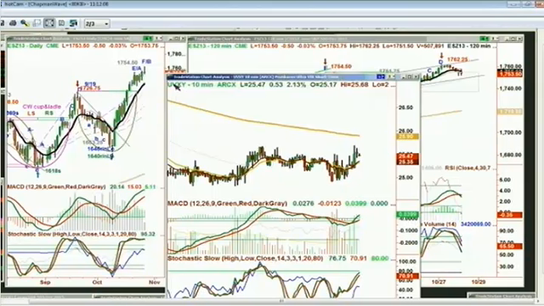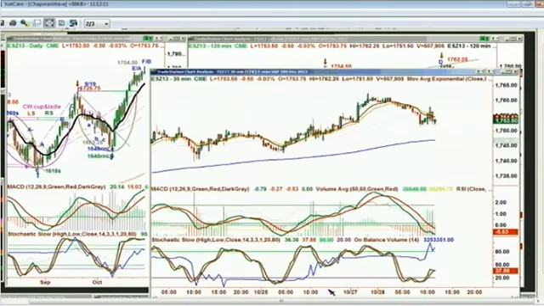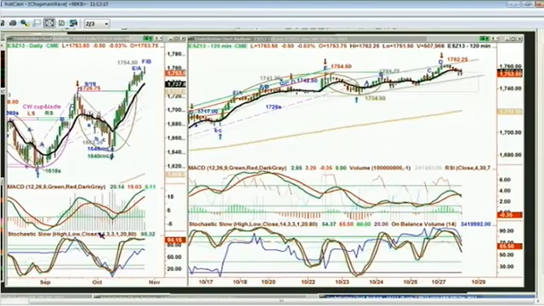Oh, and I don't want to make any changes here. All right, I will find it. I'm looking for just a blank chart that only has the price. And when I find that, I want to explain what I'm going to be doing in this